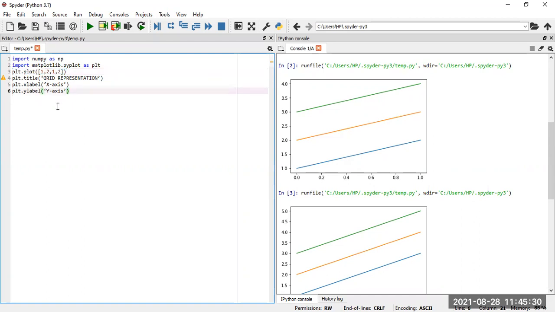Now the similar thing here, we are trying to initialize the same thing. Some values have been produced here, and we have made a title, grid representation. For the title, we are using plt.title. For plotting the data, we are using plot. For the x label, meaning the name of the x-axis, we are giving some name. For the name of the y-axis, we are also giving a name.